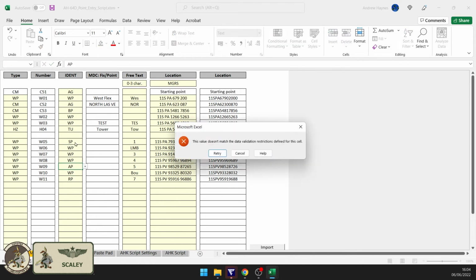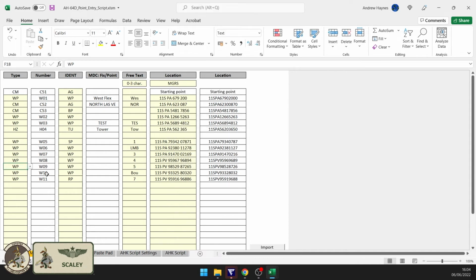We could try and make them a different type of point. But what you will see is if we try and do something that's not compatible, then we'll get an alert. So we've just tried to put a control measure type into a waypoint, and it won't let us do that. So if we want to,